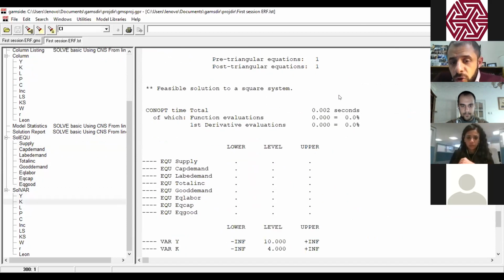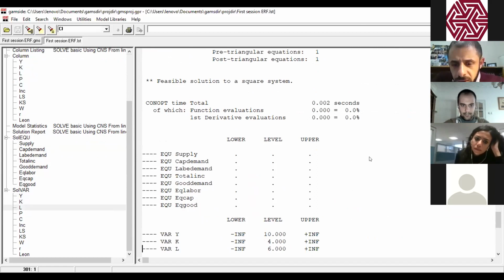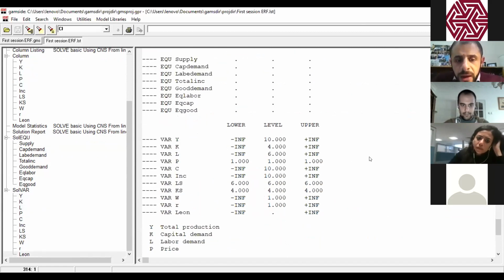Here, given the fact that we don't have a solution, we don't have a simulation, so currently they are fixed as points. And then we have here the variables. As you can see, for all the endogenous variables, they have a lower limit and an upper limit of negative infinity and plus infinity, which means that this variable, once we have a shock, will change. But for all exogenous variables, they don't have a lower limit and an upper limit. So they are fixed at the value that we impose in the base here. Like K and L, we impose them.